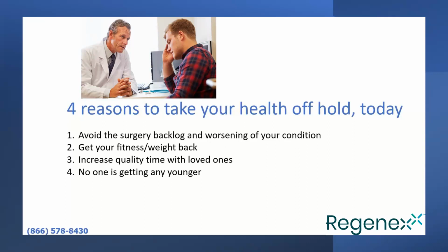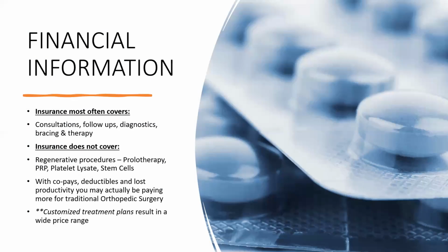Increasing your quality time with your loved ones. Nobody wants to spend time in pain. It makes people miserable. It makes people not feel good. So we want to try to get that better for you. And nobody's getting any younger. Obviously time marches on. The faster we can get in front of you, the faster we can get this done, the better the outcomes are going to be for the long term. So, the hard pill is